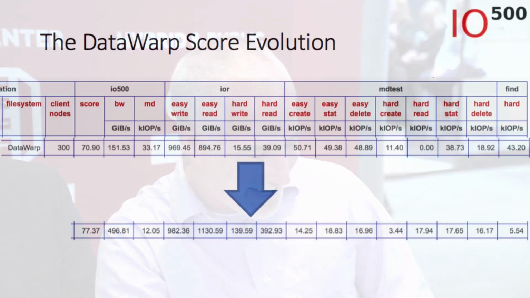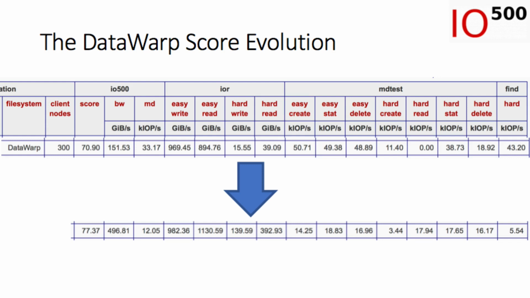So just taking a quick look at the top of the list. Last year, at the first list ever, the top 2 were the IME system at JCAHPC and the Data Warp system at KAUST. Both of them resubmitted, and both of them grew their scores. So let's see, the big reveal is coming, Rich. Okay. Data Warp improved their bandwidth pretty significantly, and Data Warp did a nice job where they had a pretty big bounding box before, which I think is problematic because people don't know what their performance is going to be. They grew their top a little bit, and they grew their bottom a lot. So Data Warp did a really nice job closing the gap between easy and hard.